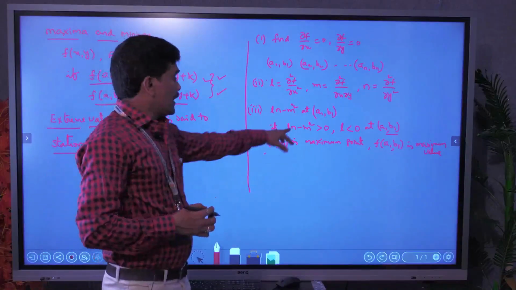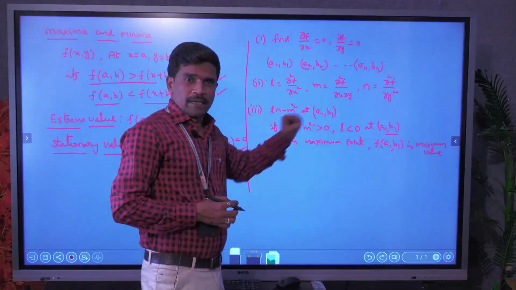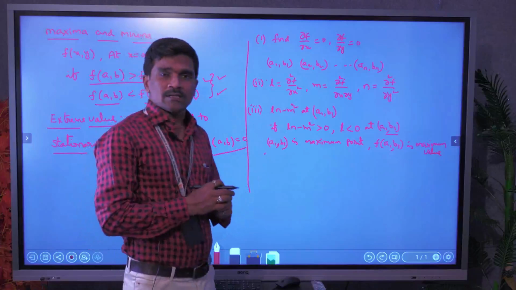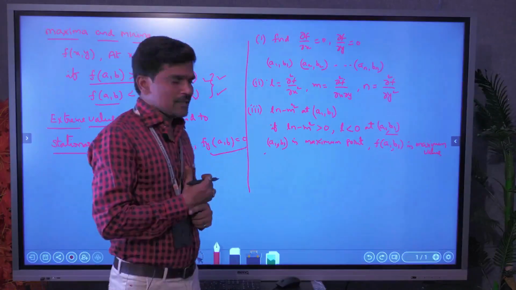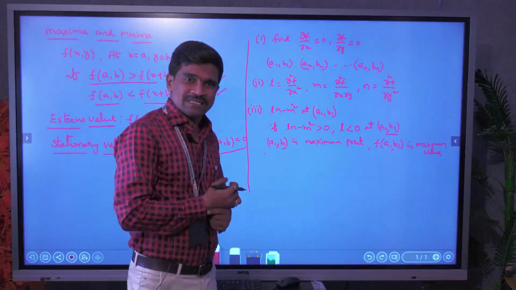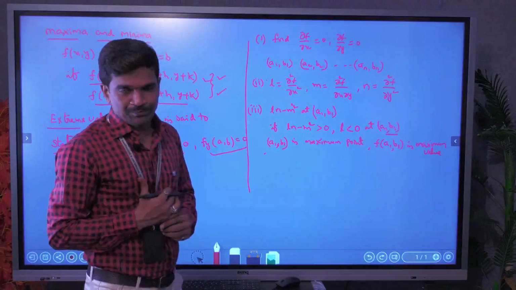So ln minus m square greater than 0 and L is less than 0, then the point is called maximum point and f of a1 b1 is the maximum value. Next,